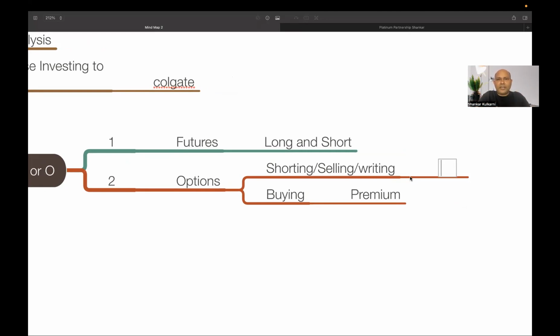I don't know about your city. In my city where I stay, in Bangalore and the whole of Karnataka, I can see LIC collection centers. Do you know what they collect? They collect premium. So you give premium and they collect premium. That is how the entire thesis of options buying and options selling works.